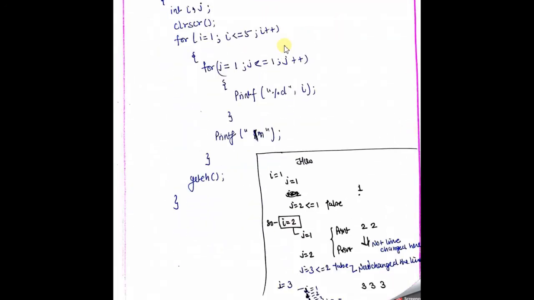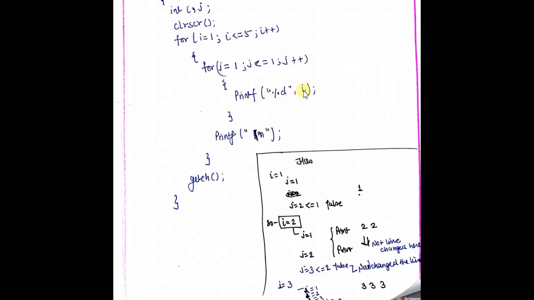When I am in the first row, I just print 1. When I am going to the second row, 2 times I want to print the 2. When I am going into the third row, 3 times I need to print the number 3. When I am going to the fourth row, I need to print the number 4, 4 times. Okay, the number of times is calculated with the help of j, and the value at this position is calculated with the help of i. So here I print i, that means the row number.